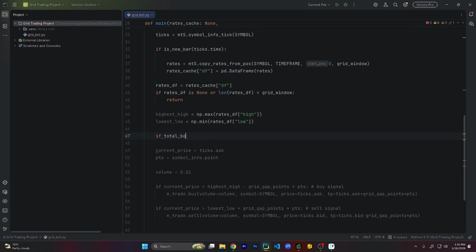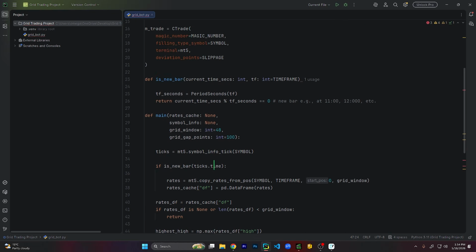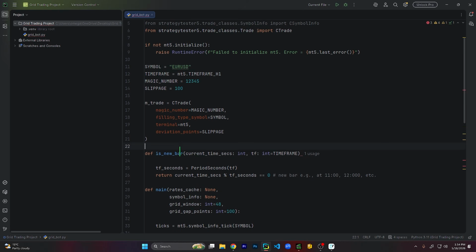So we can say if total buys in this case equals 0, then the highest high should be the last position's open price. And since we don't have a function for counting buys or sells, let's go ahead and define a function for the task. Just before the main function, define a function called